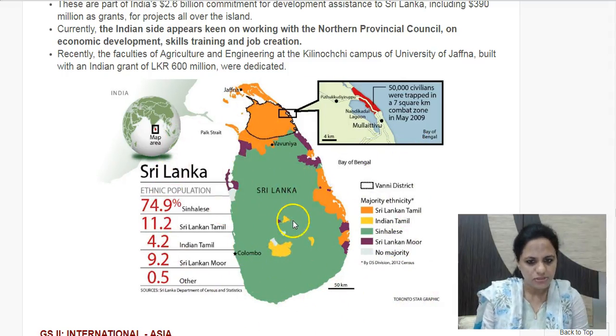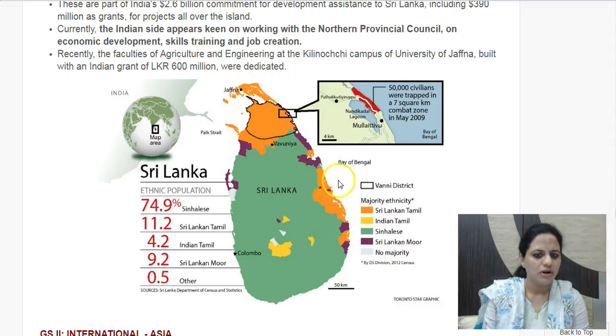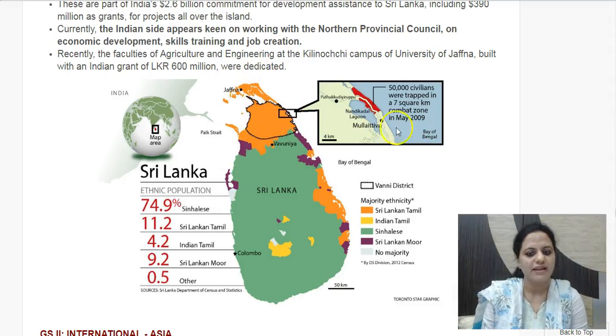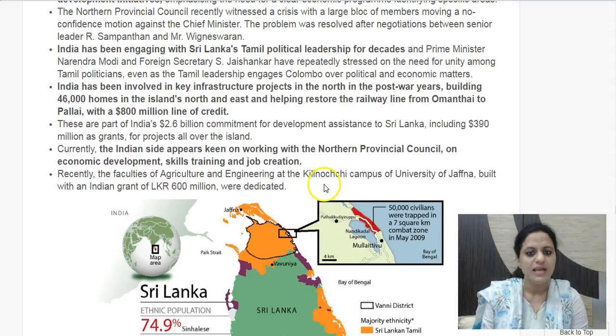There are Indian Tamils also. There are Sri Lankan Moor population also in purple shown, and this orange color is what is showing the Sri Lankan Tamils. So it's in the northern and some parts, eastern parts, that these Sri Lankan Tamils reside. And it is here in this region where LTTE had its stronghold, and finally in 2009 it was ended too. So the civil war, Tamil civil war also came to an end, but still reconciliation has not been completed, and